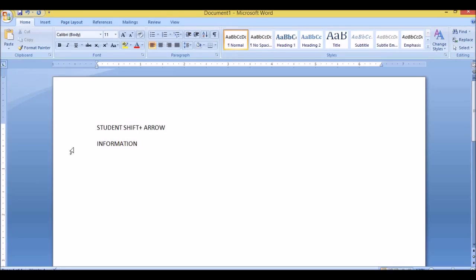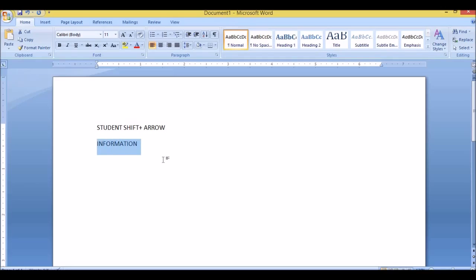So see, my cursor is here. This is my mouse key. If I hold my mouse, this vertical bar will be moved. I'm not going to use my mouse. See here, I'm holding the shift key. By pressing the right arrow key and the left arrow key, I'm selecting my text. Okay, this is how you select your text by using the keyboard.